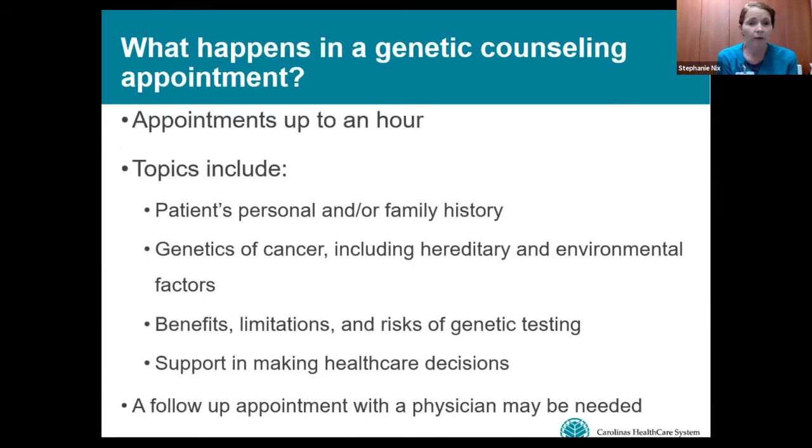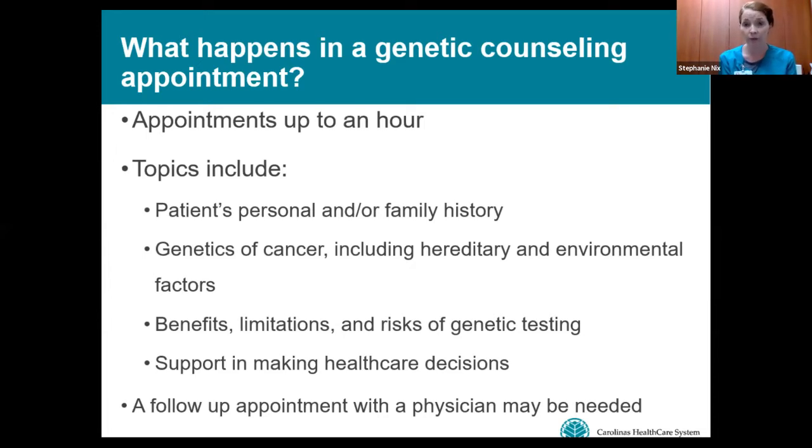What happens in an appointment is talking. I had somebody today say that she came to a genetic counseling visit with a sister, and we said, well, what information do you remember about it? And she said, it was a lot of talking. And it is. We talk for sometimes 20 minutes, sometimes 30, 40, 50, whatever we need to get the information that we need. But our goal is to get the personal history, family history, talk about the genetics of cancer,